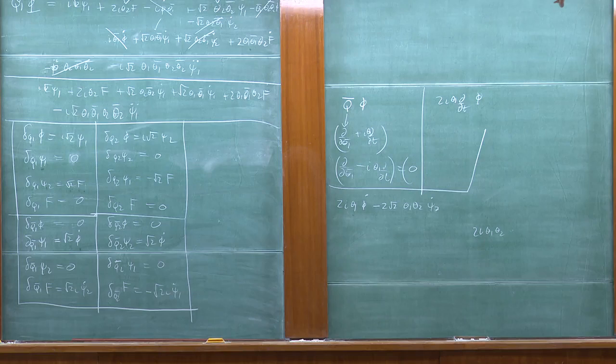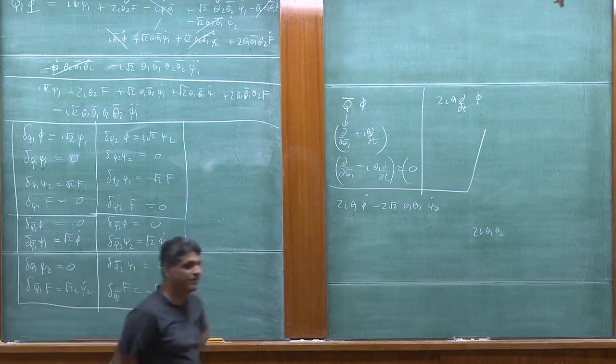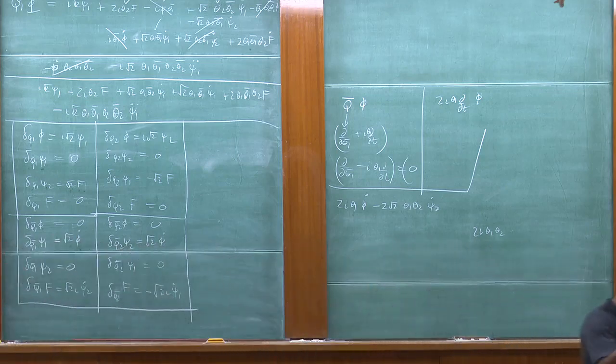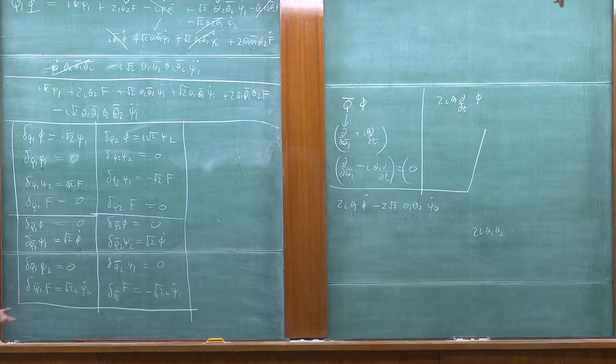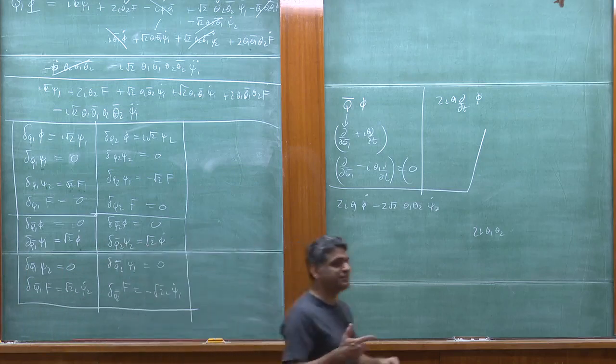Okay? Now, the last thing that we need to be absolutely complete is to find the supersymmetry transformation rules acting on phi bar. Now, how do we go about doing that? Well, of course, we could do the calculation again, but that would be silly. Let us remember that the expansion of phi bar,